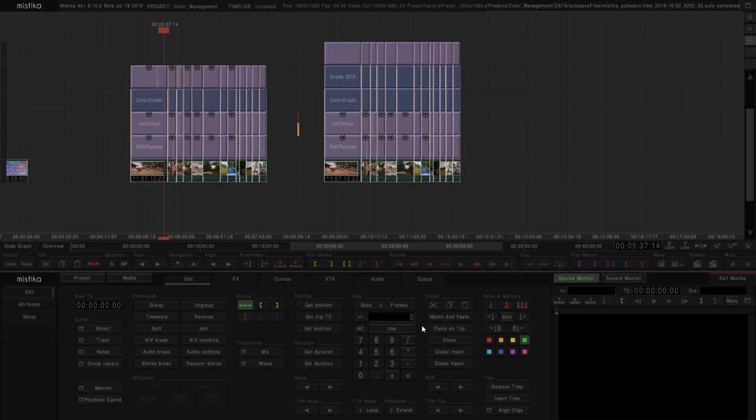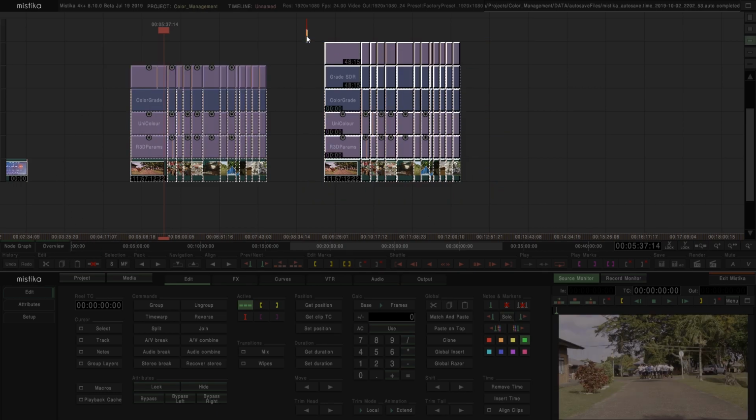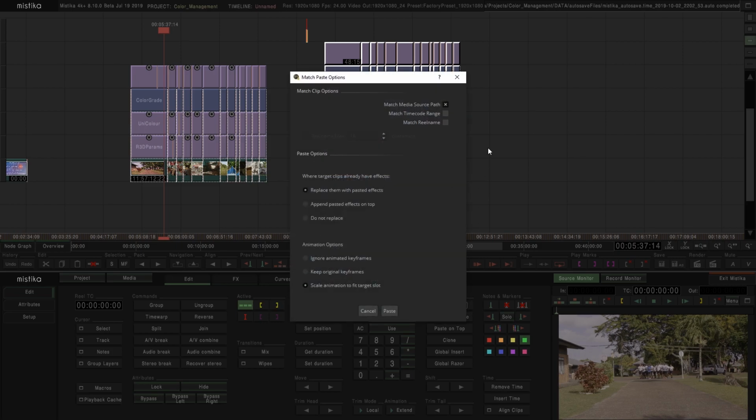Well, we can use the match and paste functionality, but we need to be careful with one thing. If we take all this project here and select copy, then we go to here and select match and paste and try to match by timecode, by real name, etc., by everything,